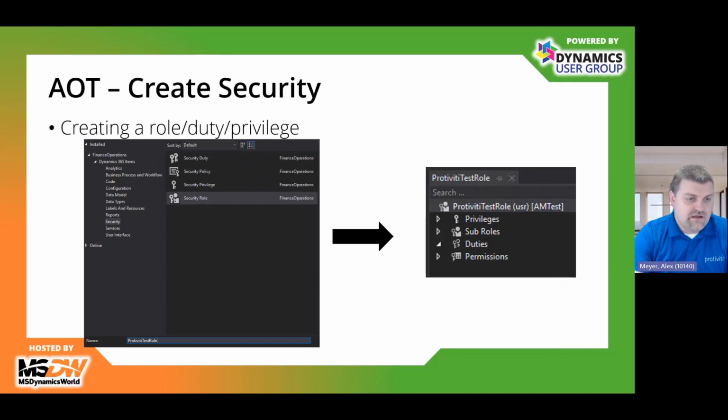But what you would do is select either role, duty, or privilege, depending on which security layer you'd like to create, and you would give that security layer a name. In this case, it's Protiviti test role. So we're going to create a new role and call it Protiviti test role. And once we create that, you'll notice that the new role object is created, and you can see the different subheadings or sub objects that we can then assign to that role: